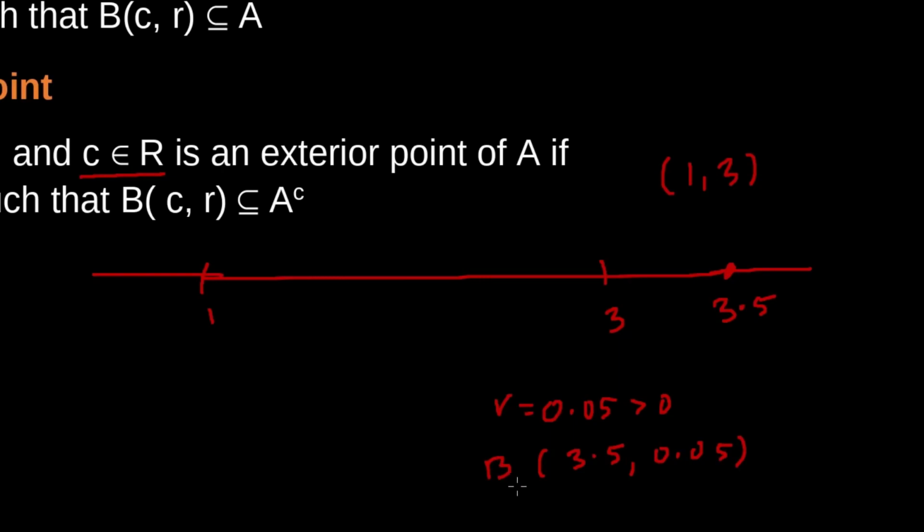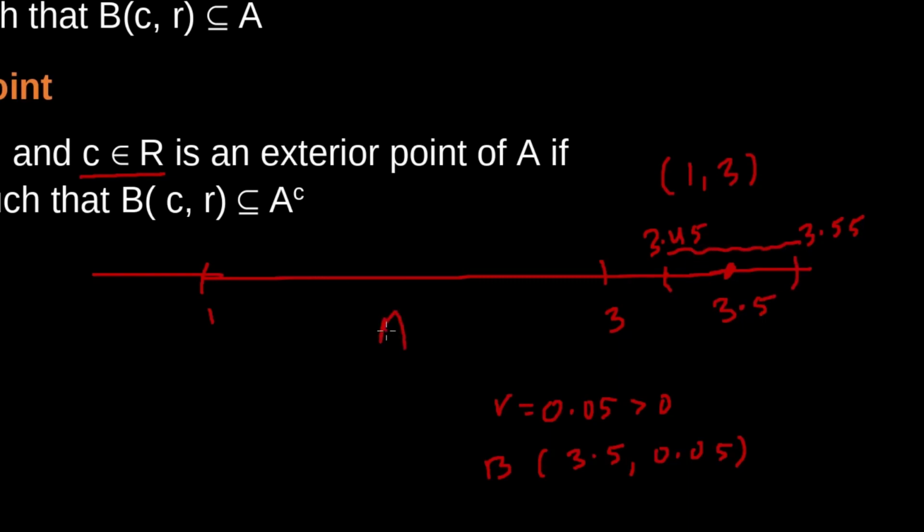can be represented as an open interval like before. So 3.5 minus 0.05 is 3.45, and 3.5 plus 0.05 is 3.55. So this is the open ball with center 3.5 and radius 0.05, and we can see that this ball lies entirely in the A complement, because